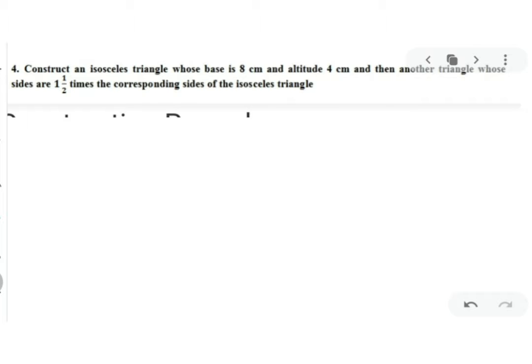So for that, first we will start making an isosceles triangle. Let's start. You have to first draw a line segment of 8 centimeter. So I have taken BC. This is of 8 centimeter. Now you have to draw perpendicular bisector of this BC. So let's draw perpendicular bisector which divides BC in two equal halves and at 90 degree. Can we name this point as D?